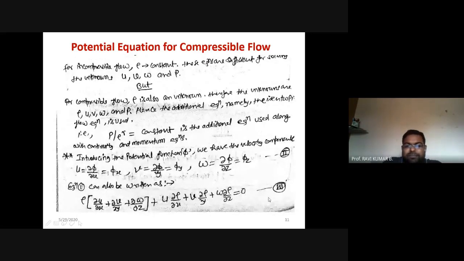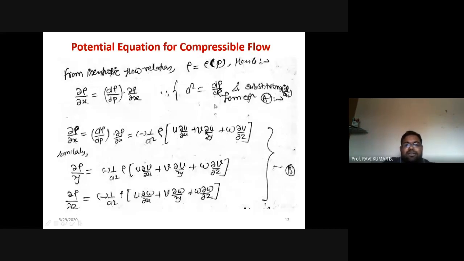So the first equation is here, right? This is basically the continuity equation. A simple one equation I will get, and then from Euler's equation I will get 3 different forms of equations, which are here. So for isentropic flow, density depends only on pressure, right?